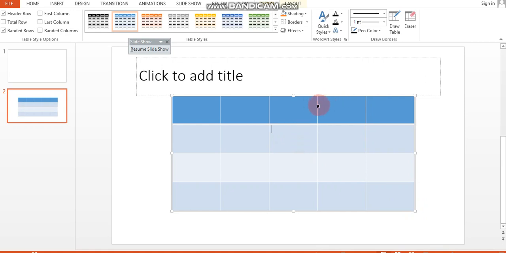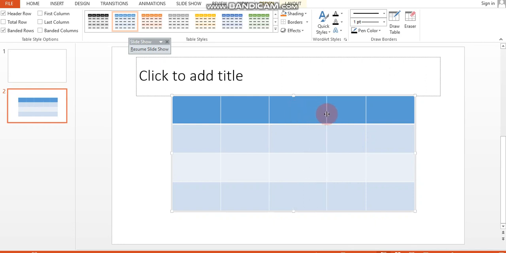Now if you see this double headed arrow around the borders, it is to increase or decrease the width of the column. Like vertically, if I am doing it, you can see the change.